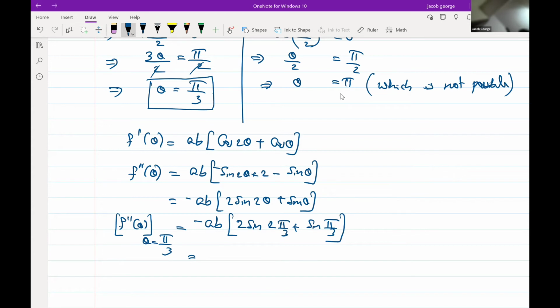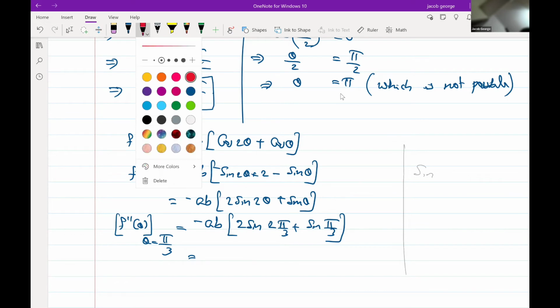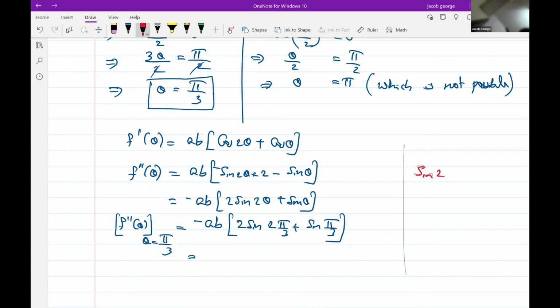Okay, so that is minus AB into sine 2 into pi by 3, sine 2 pi by 3. What is sine 2 pi by 3? That we have to calculate in the rough space. Sine 2 pi by 3 means sine 120. Can you say, children, what is sine 120? Sine 2 pi by 3 means sine 120. What is that? Sine